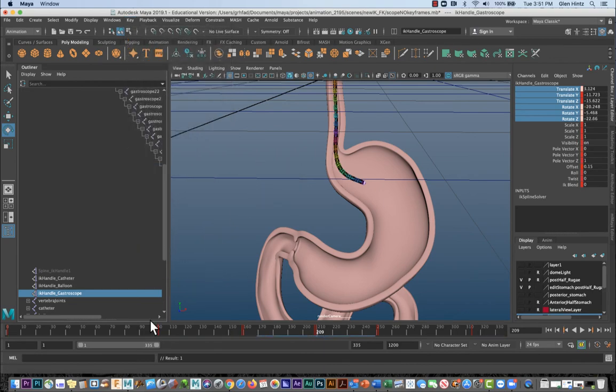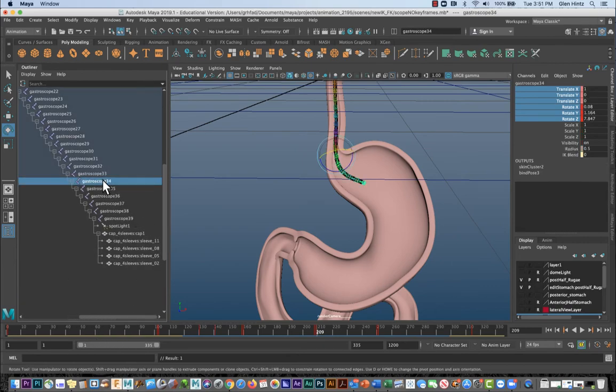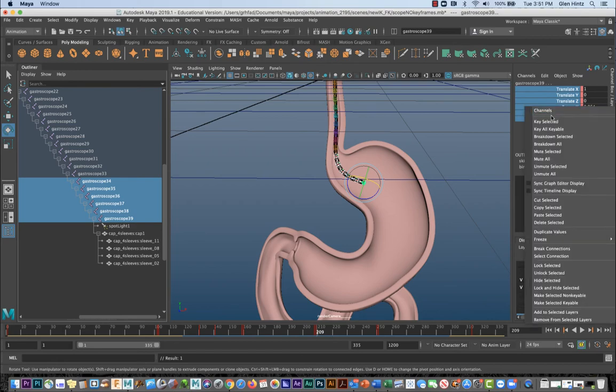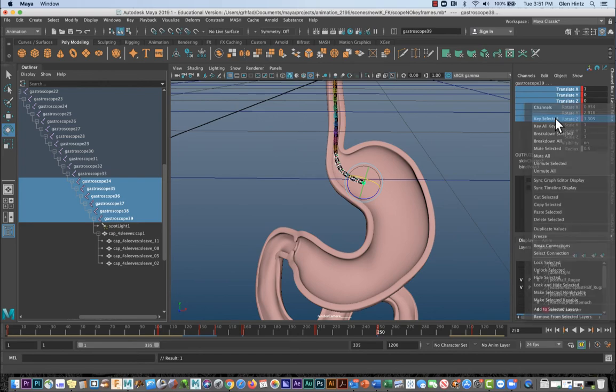Okay. I'm going to go get my joints this time. I'm not going to take quite so many joints because I'm only going to go from 34 to 39. I just need that distal end. Okay, so again, at that very first frame where the FK is in control, the joints are in control, I'm going to key it. I'm going to go to the last frame where the FK is in control, key it again,